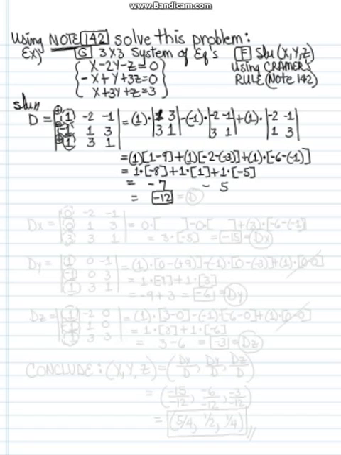Now let's find D sub x. D sub x is equal to, now we're going to form this thing where we're going to replace the x column with the constants 0, 0, 3, and then the y column remains as it was before, -2, 1, 3, and then the z column, -1, 3, 1,